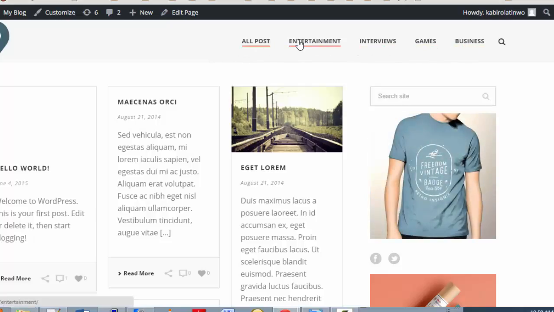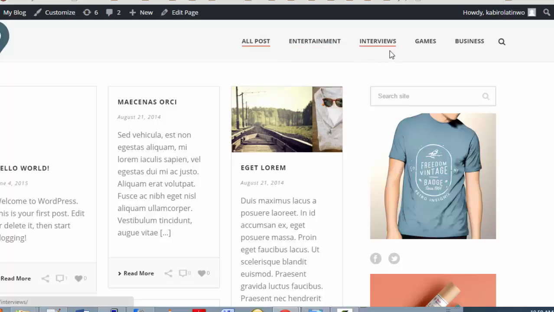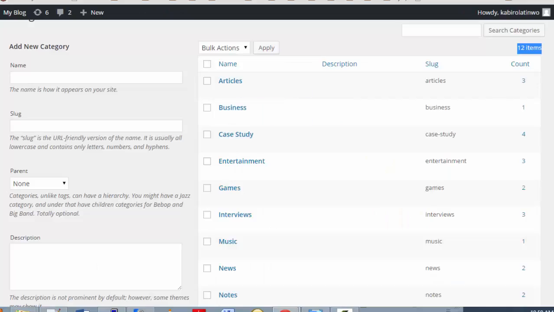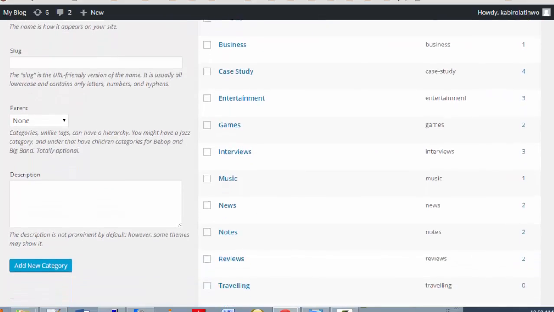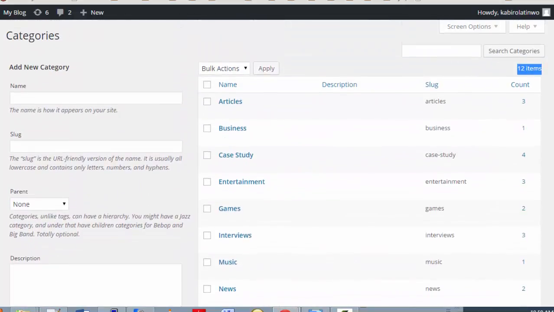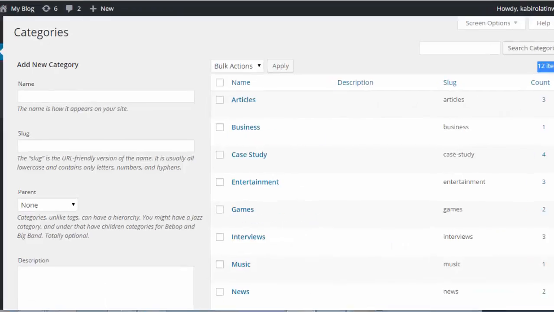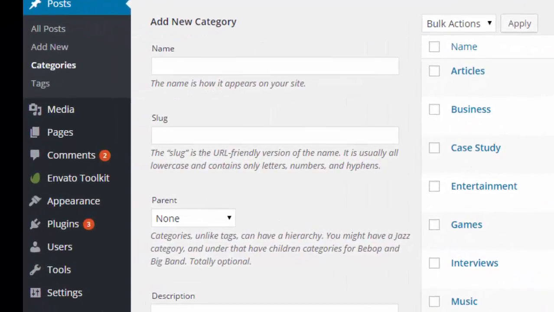I have only categories for entertainment, interviews, games, and business showing up on my main site. So the next question that comes to mind is what happens to all these other categories? To enable a category show up on your main site, you would have to use the menu manager. So next, we're going to look at how to use the WordPress menu manager to enable categories to come up in